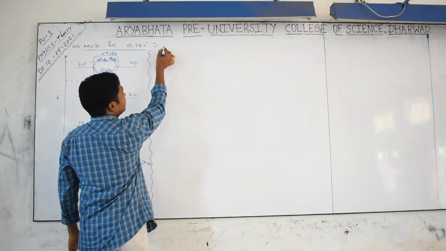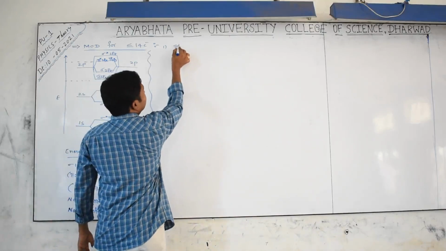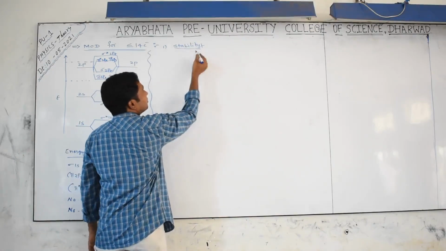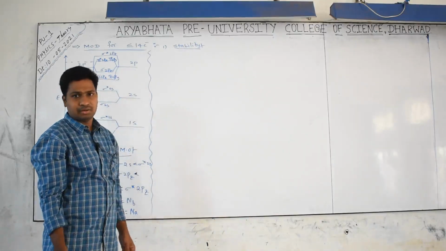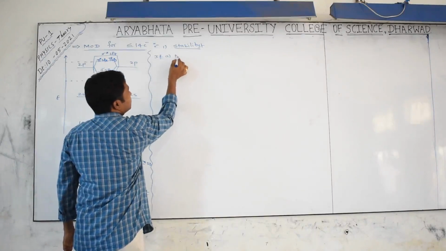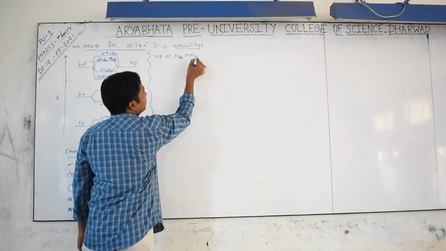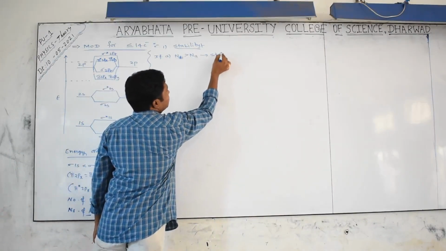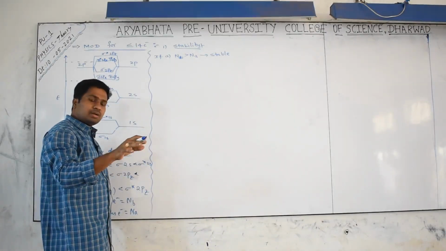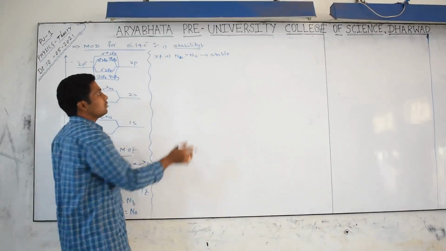What are the applications of this? What is the use of molecular orbital theory? First point, we explain the stability of the molecule. Whether a molecule is stable or unstable can be explained based on the molecular orbital diagram. First case: if Nb, the number of bonding electrons, is more than Na, the anti-bonding electrons, then we can tell the molecule is stable. In any molecular orbital diagram, if the number of bonding electrons is more than the anti-bonding electrons, we call it a stable molecule.